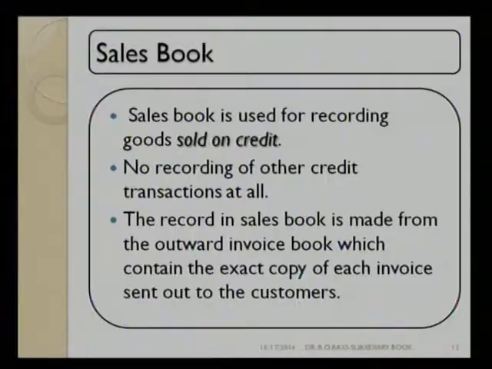Now in that case, the second item is very important. First one is, as I told you, the ultimate rule, that you should mention only credit sale of goods. In this format also you are supposed to be very careful. In purchase we are writing the name of the supplier. Here we are supposed to go for a format in which it says the name of the customer. Look at the third point on the slide, what they are trying to say in this case. And that is, the record of sales is made from the outward invoice book.